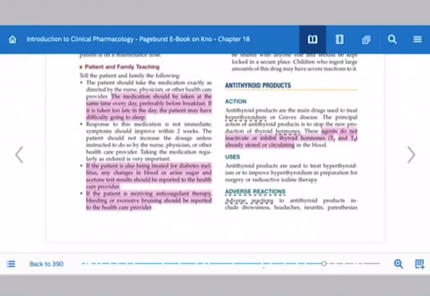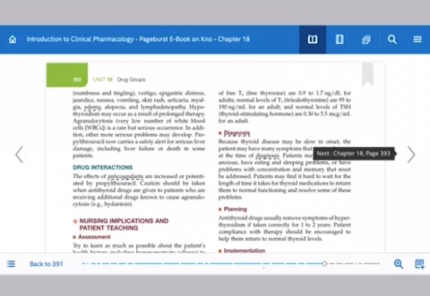Adverse reactions. Okay, drowsiness, headaches, neuritis, paresthesia, right? Vertigo, epigastric distress, jaundice, vomiting, constipation. With prolonged therapy, WBCs can be low, causing agranulocytosis. It says propylthiouracil now carries a safety alert for serious liver damage, including liver failure and death in some patients. So drug interactions: the effects of anticoagulants are increased or potentiated.